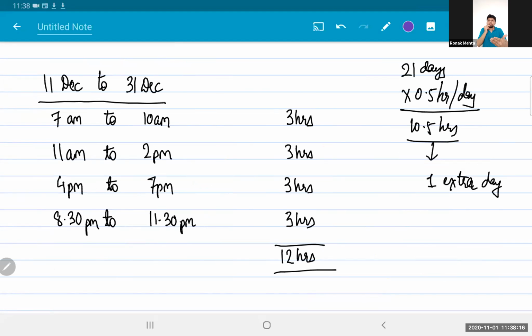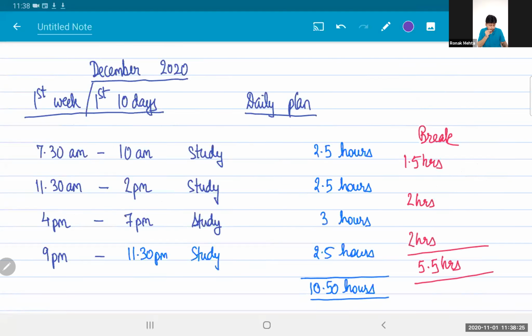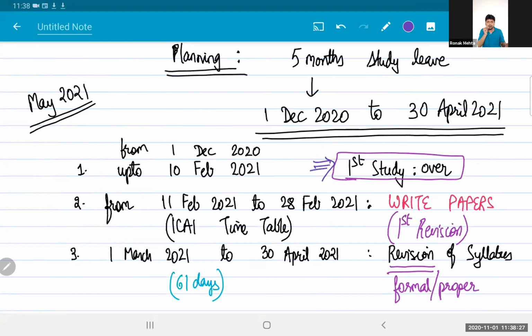So that the 10th of February target is achieved and you are able to write papers at the appropriate time. Writing papers in the month of March does not make much sense. It will eat up your revision time. And if you have to write papers in March, you cannot devote 16 days for paper writing. Then you will probably have to write papers daily, 8 days. That won't be effective.